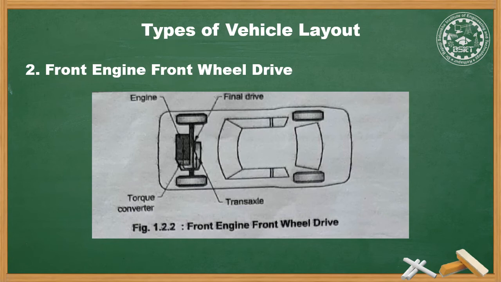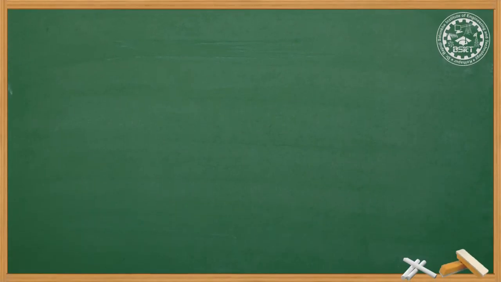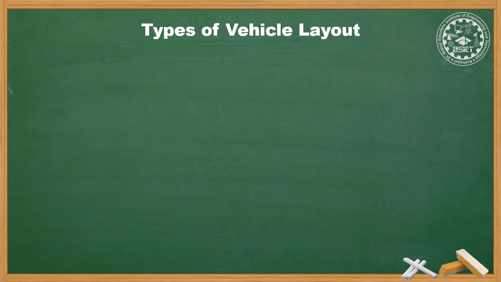Application: these types are used in most passenger cars nowadays. Front engine front wheel drive. The best example is Maruti Suzuki WagonR. The third type of vehicle layout is rear engine rear wheel drive,